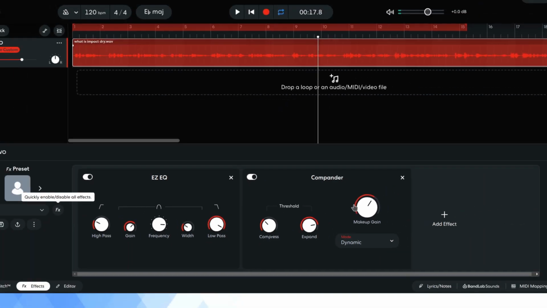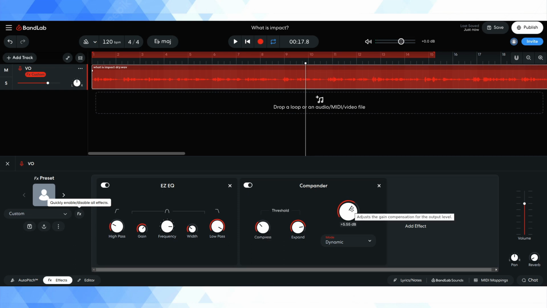So as you can see, I was just playing around with a couple of settings, mostly the gain. I have now the makeup gain, adjust the gain compression on the output level, very clear about what it does, and I have it at 5.5 dB. And I think that's getting up to